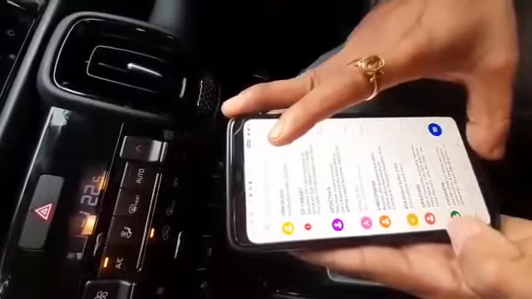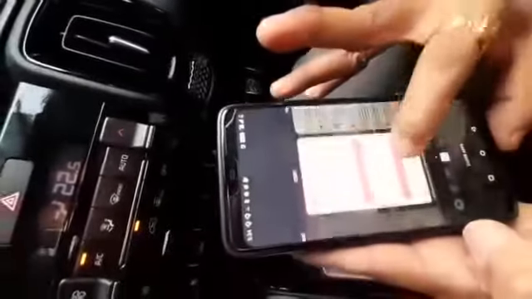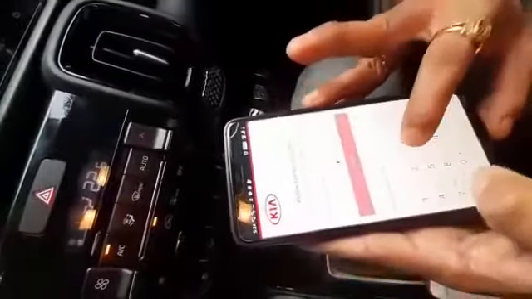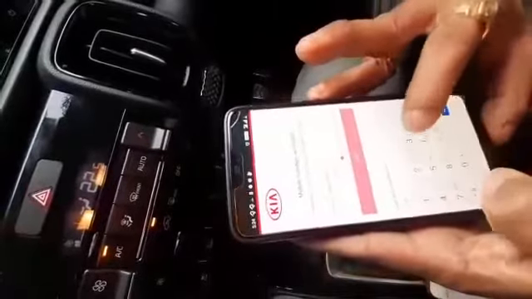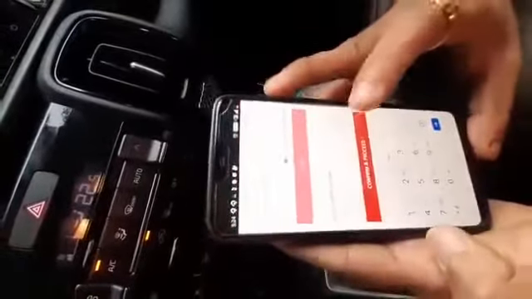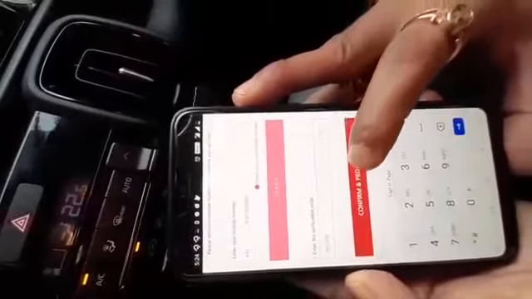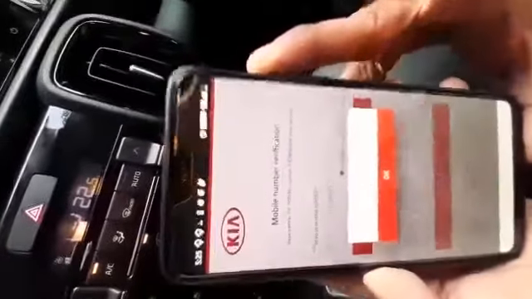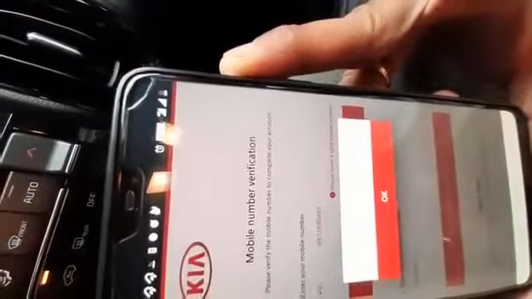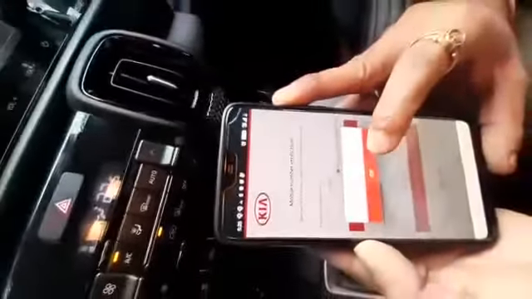Three 02263. Okay, then once you put the OTP over here, you have to confirm and proceed. Now it will show success, your mobile number has been verified. So I'm just clicking on OK.